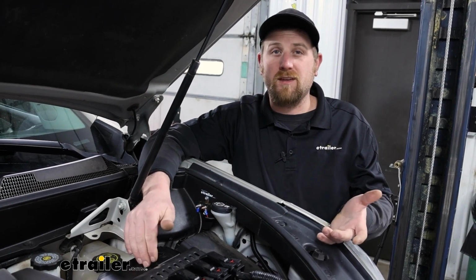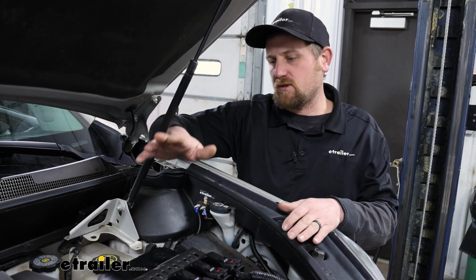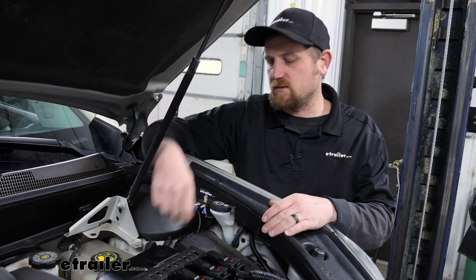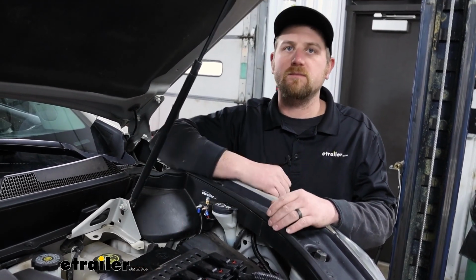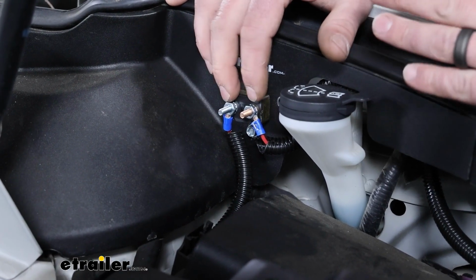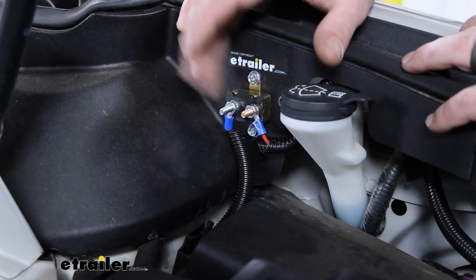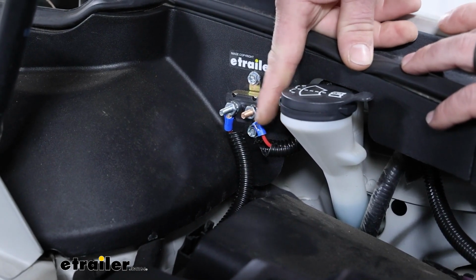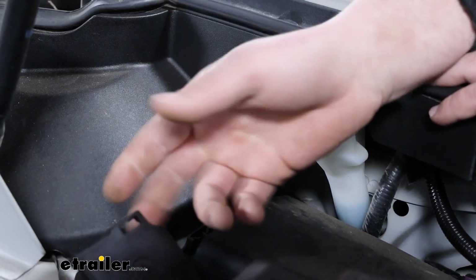And it's going to extend the life of the Cadillac's battery too, because if you drain it down, charge it up, drain it down, charge it up, and so on, there's only so many cycles. So by keeping this topped off, you should get a little bit more time out of it before you need to replace it. The kit is going to come with a circuit breaker, and so it's going to keep everything protected. That way if a short or something like that does occur, it'll trip the breaker. It's not going to mess anything up. But anyway, like I said, the power is going to come in from your motorhome 7-way through the breaker and out over to the positive battery terminal,